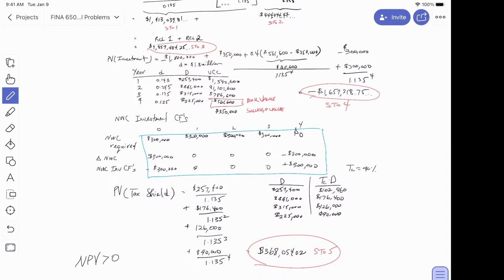If we were to do this in Excel, we'd probably do it by year, correct? And we'd sum a column by year. Yeah, if you did it in Excel, just make another column of D, and then the column of UCC, and then the column of TC times D, and then I would just take the present value of each and add them in the next column. I mean, like, if we were to do the entire problem in Excel.